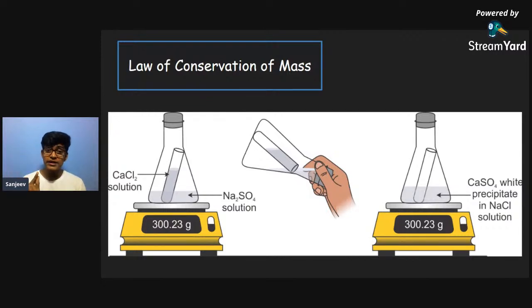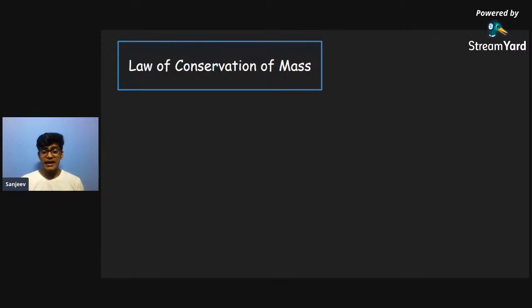But what is important is that the exact weight before the chemical reaction is equal to the weight after the chemical reaction. That means the mass before the chemical reaction and the mass after the chemical reaction are exactly equal. This is the point which we are supposed to note. The mass before and after the chemical reaction is constant. This is the law of conservation of mass. The statement for the law of conservation of mass is,